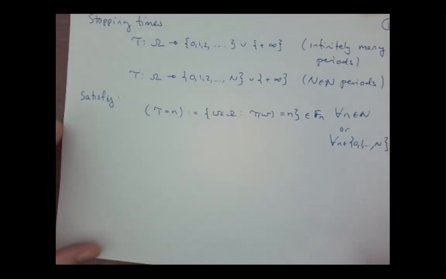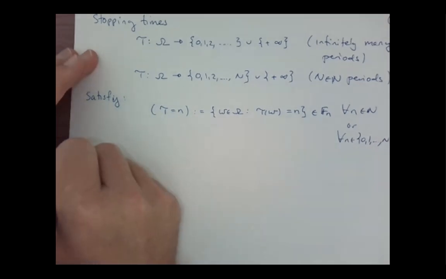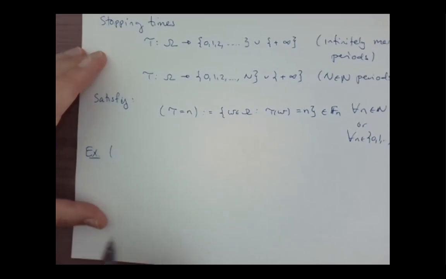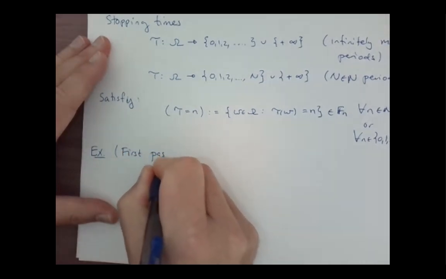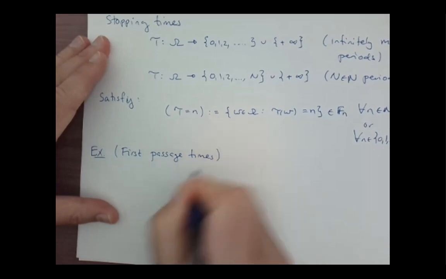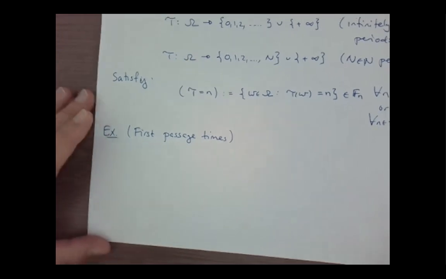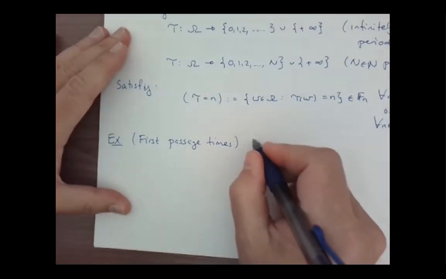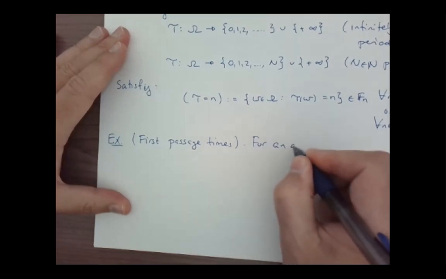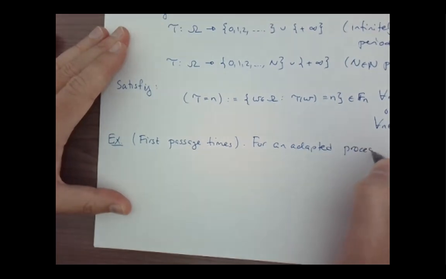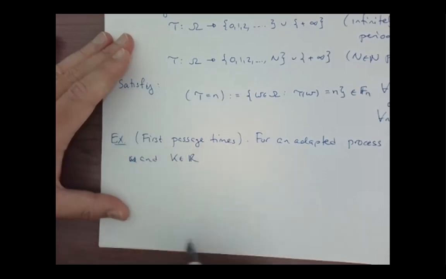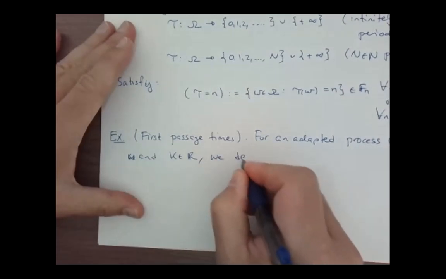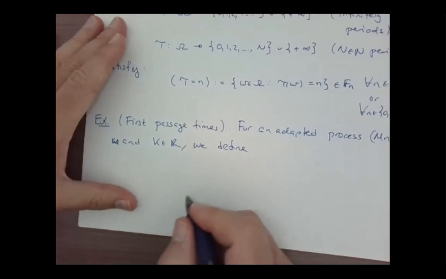Okay, so the most important class of stopping times is this class that we're going to be spending quite some time dealing with this morning. They're called first passage times. So what you do is, for an adapted process, let's write it as Mn, and a constant k, we define the first passage time to be